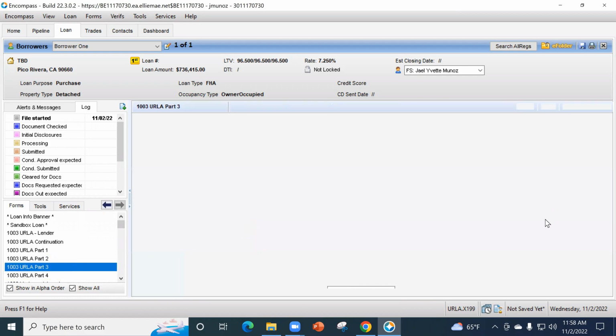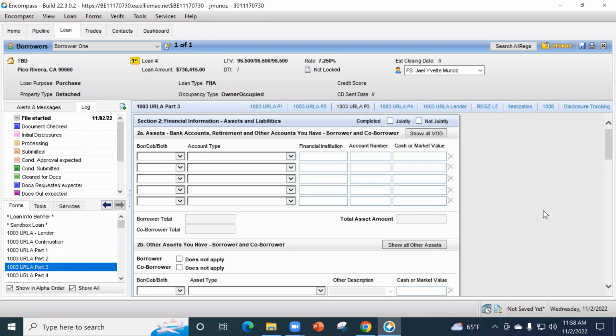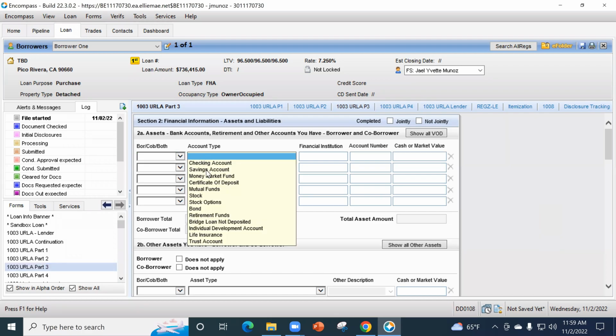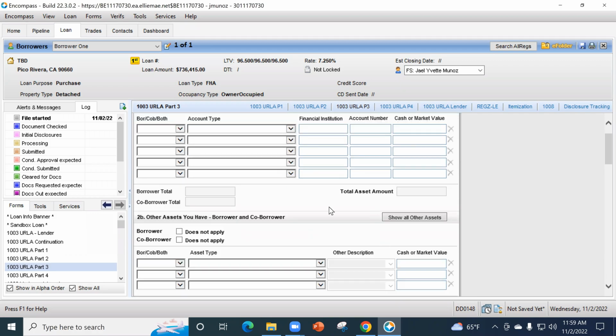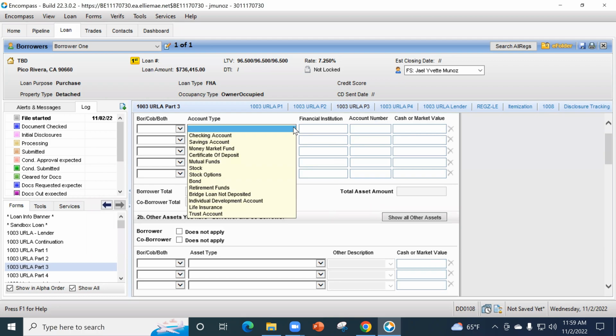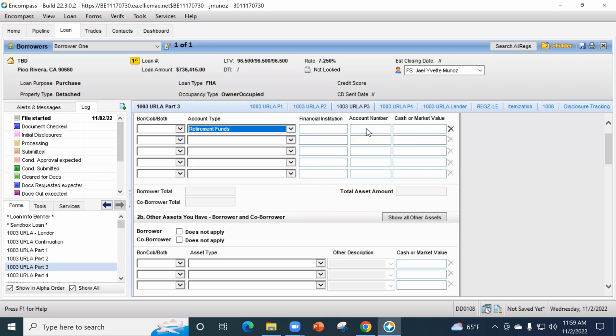Your page 3 is going to be assets and liabilities. So here's where you would put your banking information, whether it's for your borrower, what account type it is, the financial institution, account number, and the cash value. So in this cash value, just keep in mind, guys, if you're doing 401k money, we can only use 60% of the 401k funds, unless they have pulled them out prior and have already deposited into the account,